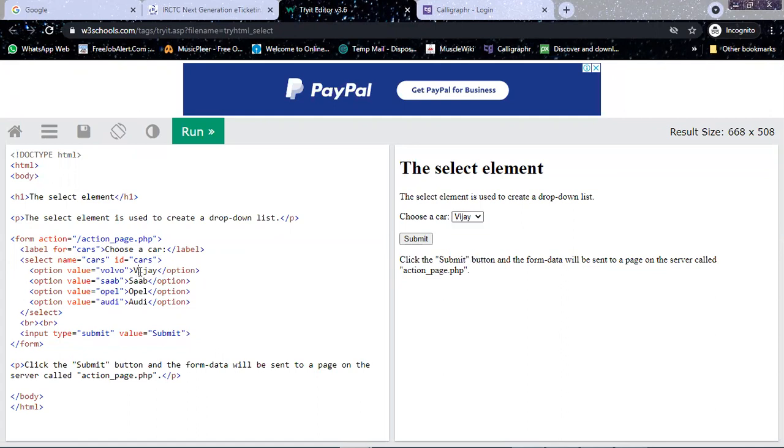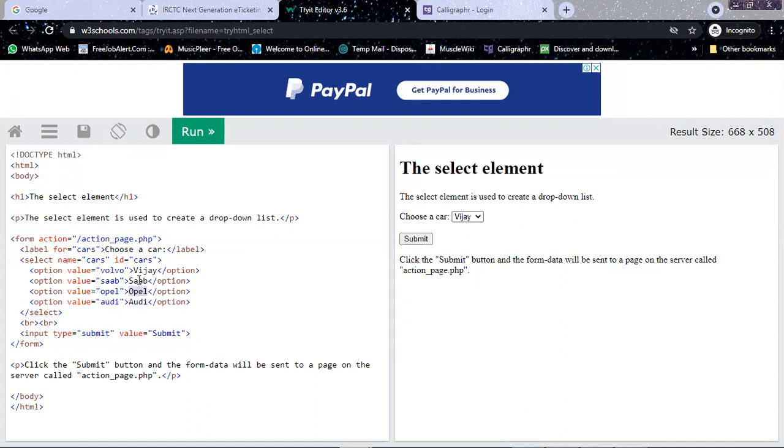That is called visible text or displayed text. We learned this for links too. You remember?